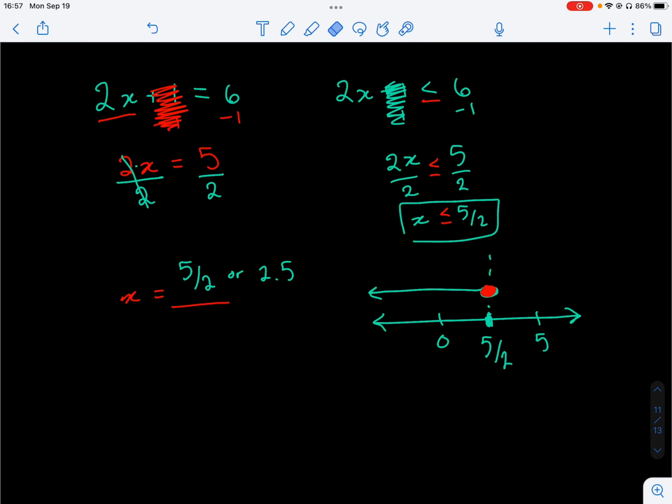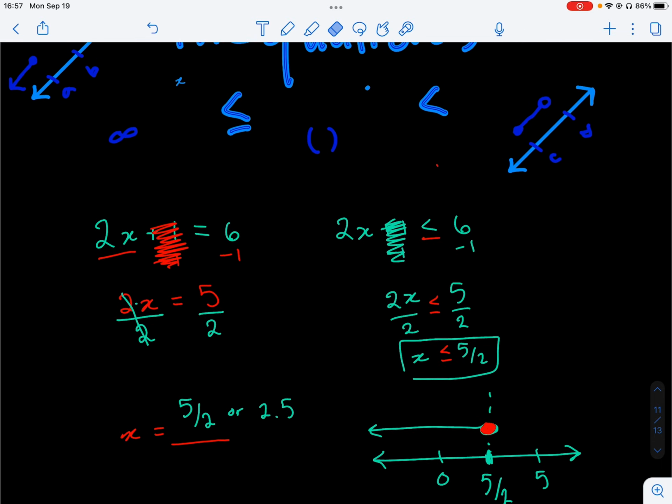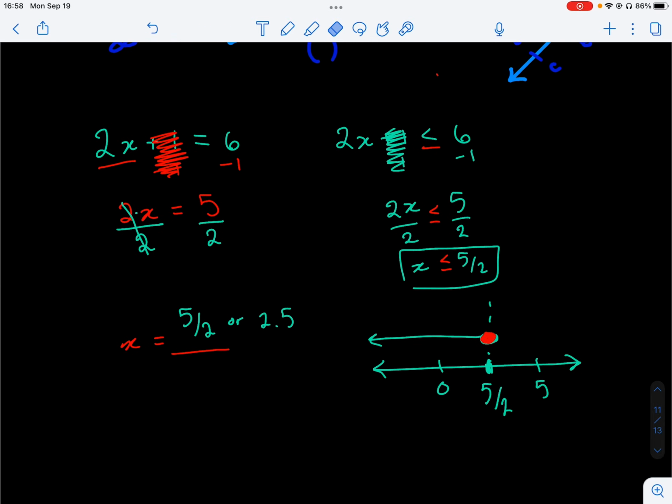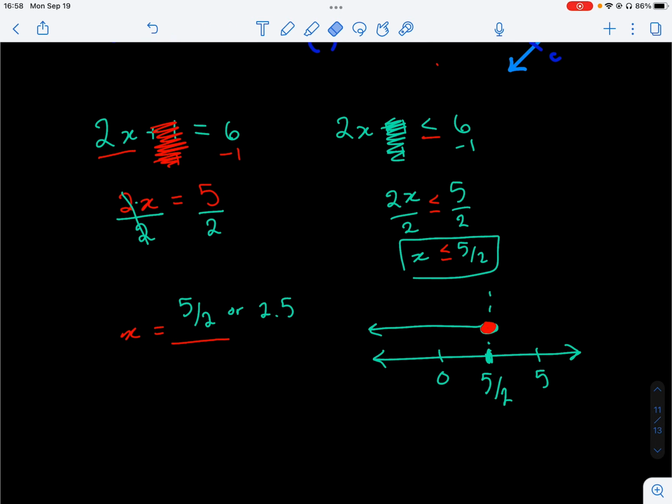And so we have now looked at solving an inequality. Sometimes we call these multi-step inequalities or multi-step equations because we do more than one step in solving and getting our final answer. And yeah,